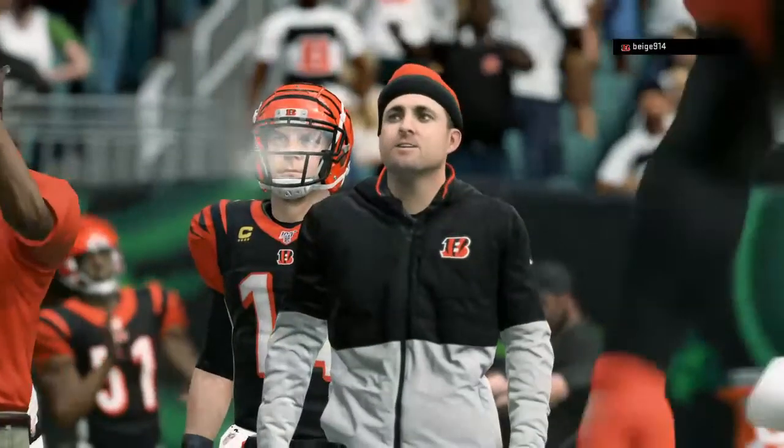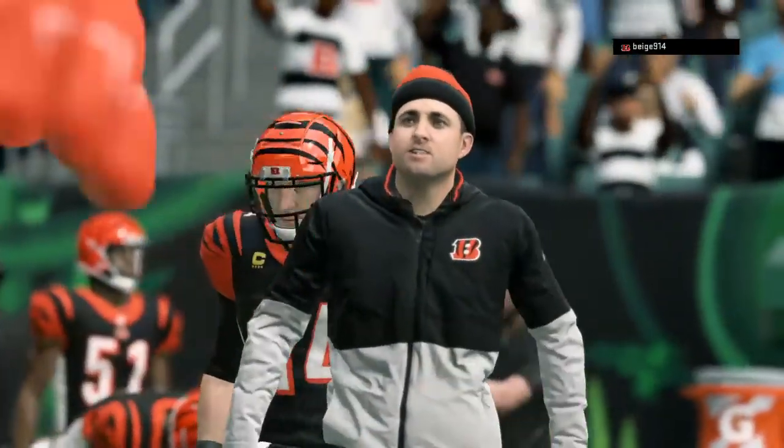So this crowd will not go home happy. It's a victory for our visitors, and it was their defense that really made